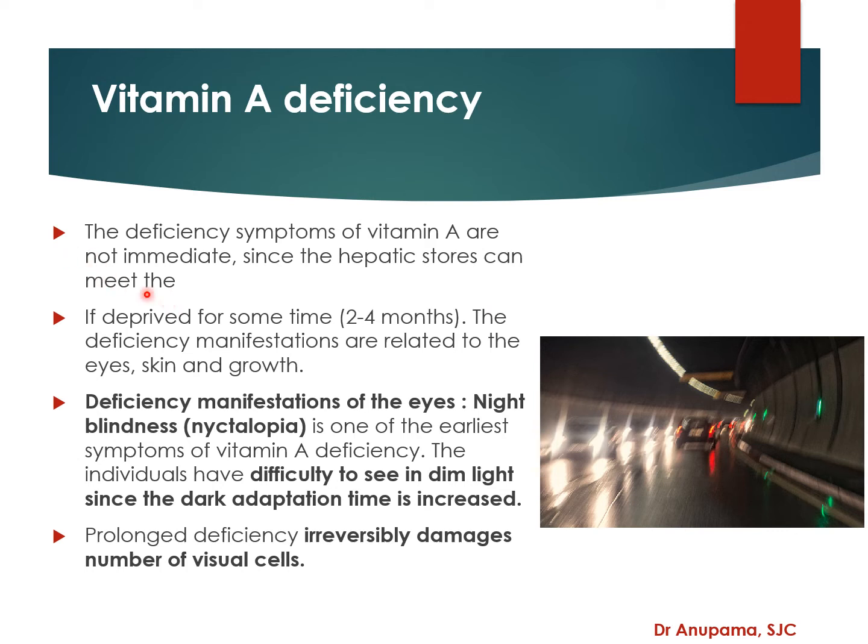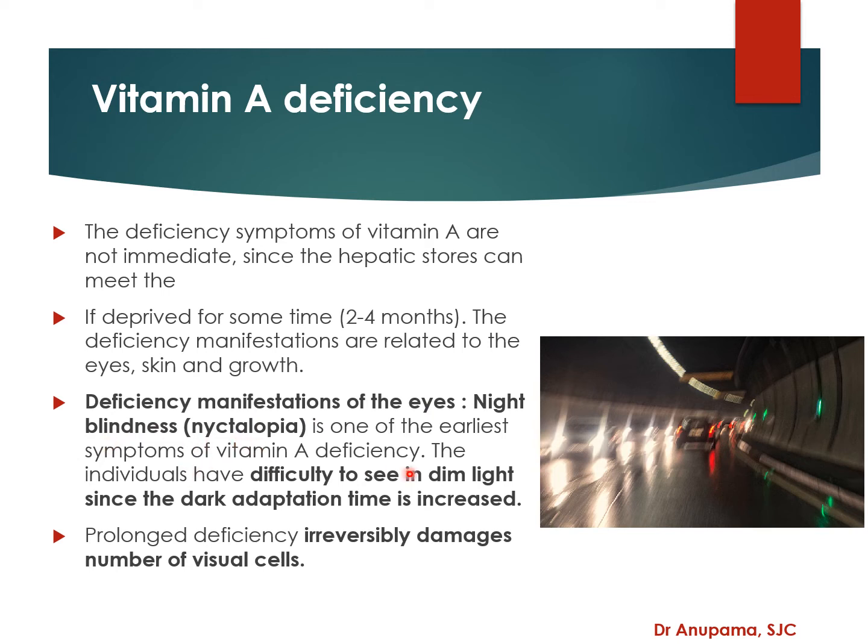Deficiency of vitamin A. The deficiency symptoms of vitamin A are not immediate, since the hepatic or liver stores can be maintained and they meet most of the needs. If deprived for some time, 2 to 4 months, the deficiency manifestations may be seen and are related to eyes, skin and growth. Deficiency manifestations of the eye include night blindness, which is called nyctalopia,